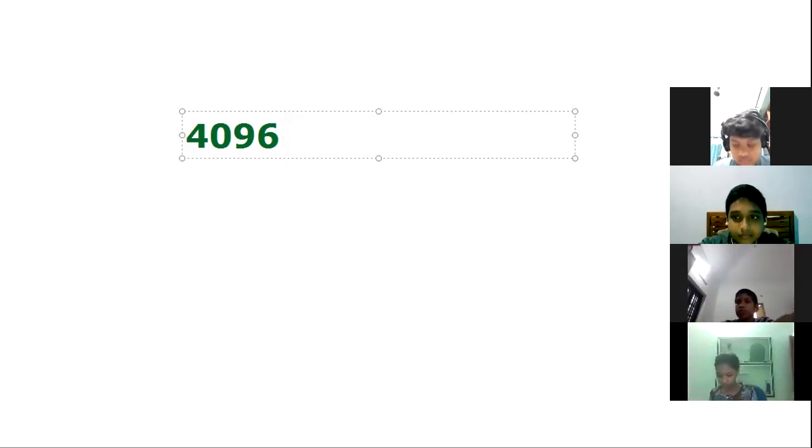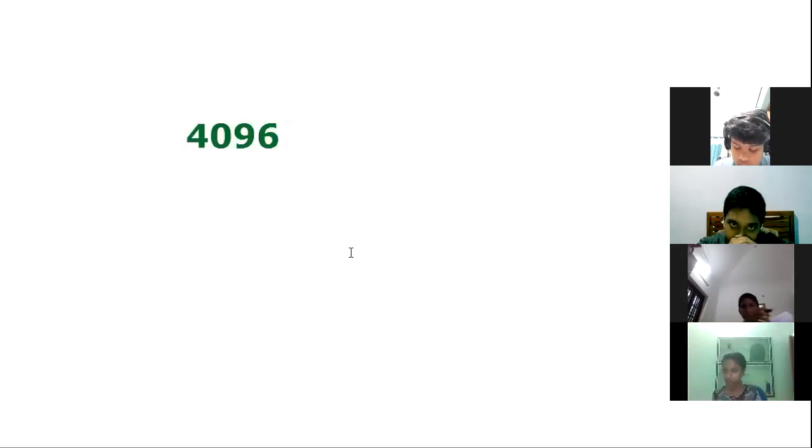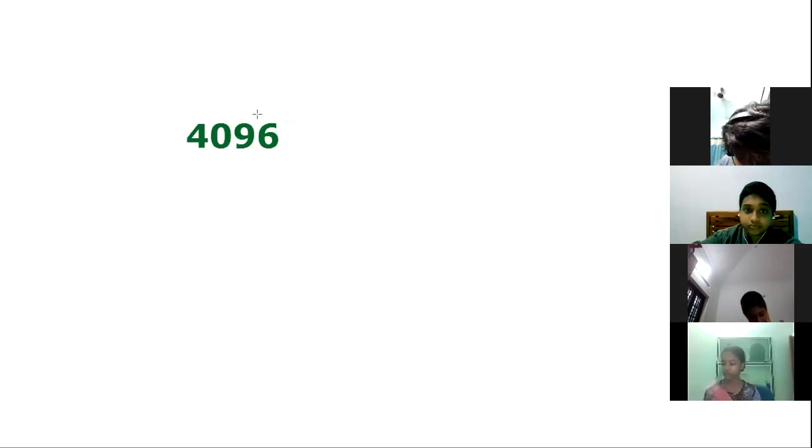First of all, what do we have to do here? In our first step, we pair the numbers. Just read step 1: place a bar over every pair of digits starting from the ones digit. So we start with the ones place and pair 96 and then 40. We have completed our first step. Did you all complete it? Do the same in your rough book.